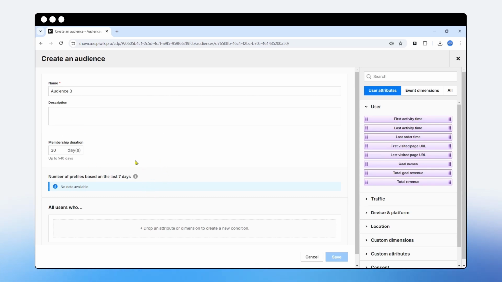First, let's explain what is a membership duration. So a user can join the audience if they meet the criteria, if they meet the conditions of the audience. They can also leave this audience if they no longer meet those conditions, no longer meet those criteria. And that's one way of leaving the audience. Another way of leaving the audience after previously joining the audience is through membership duration. So if the user joins the audience but then is inactive for longer than 30 days, then the user will be removed from that audience. In other words, membership duration is the number of days a user stays in the audience